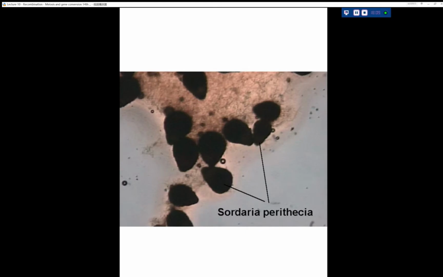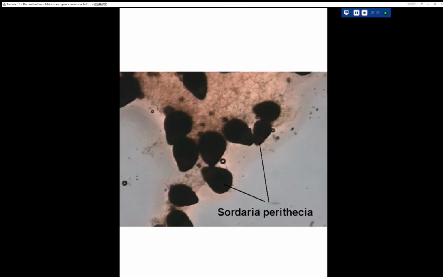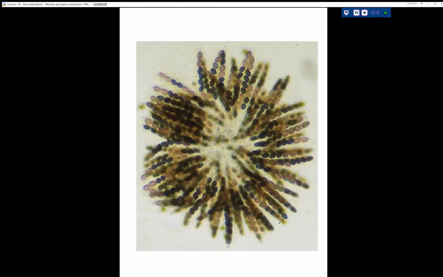So this just shows you the fruiting bodies, these perithecia. You can see the perithecium here. You can break these open, and this is what they look like. That's not the greatest of diagrams, particularly in this light, but you can see the linear arrangement in 8s that are present. Now, in the wild-type organism these ascospores are black, but you can get mutant varieties which produce